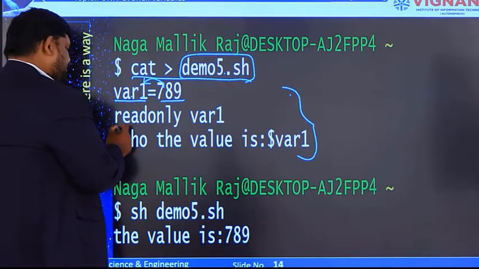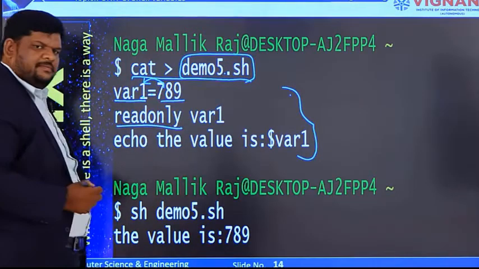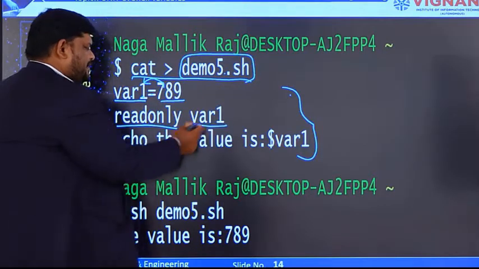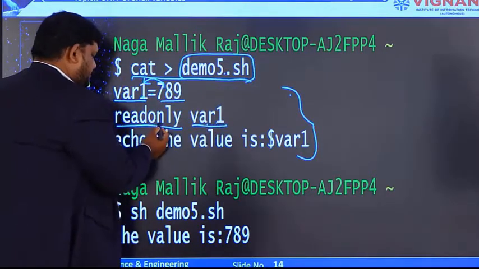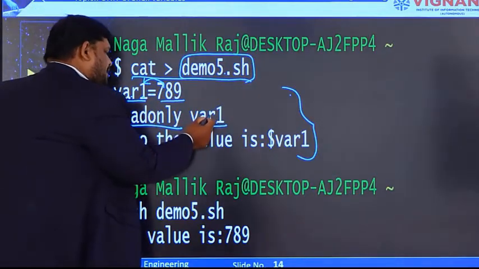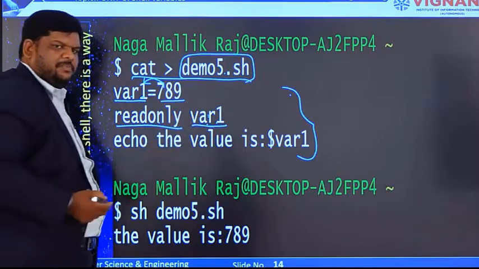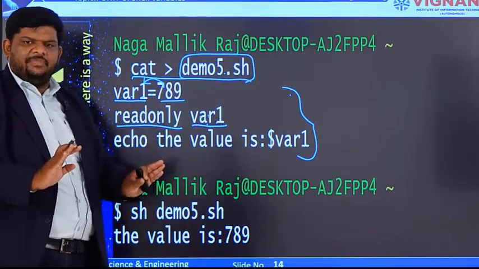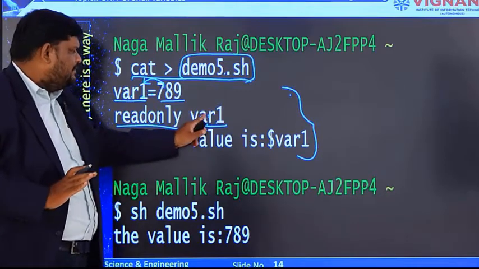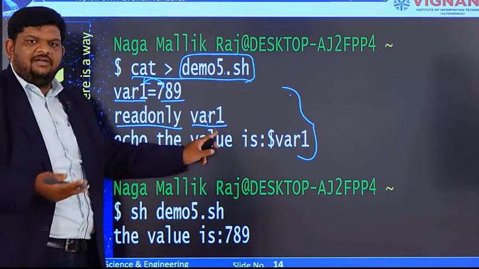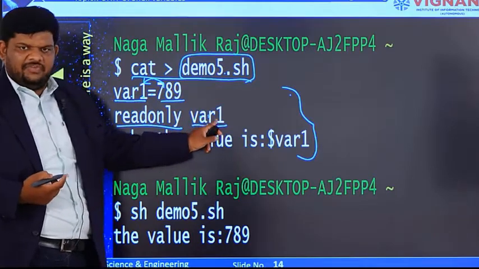Now I am declaring the readonly command for this variable var1. Now this indicates we can't change the value that is present in this variable. It will be used only as read-only. We can just print the value that is present in var1, but we can't alter the value that is present in var1.